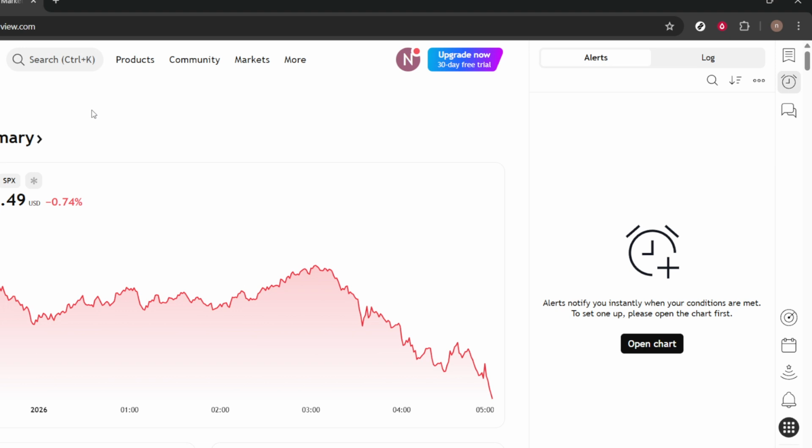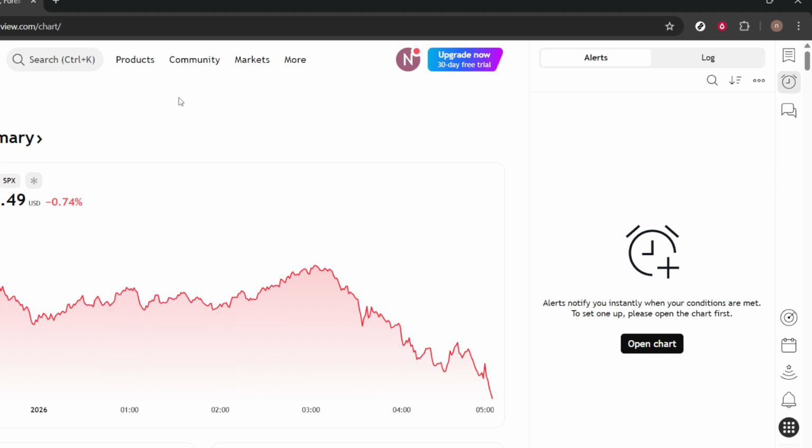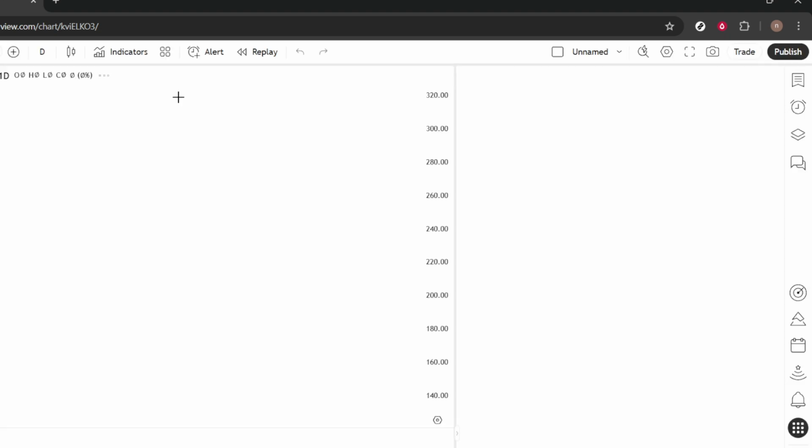Start by opening tradingview.com in your browser. On the home page, look for the top navigation bar and click Products. This expands TradingView's feature list so we can jump straight into the charting workspace where the broker connections live. Next, choose Supercharts. This opens the full featured chart window. Supercharts is where you'll do most of your analysis and, importantly for today, where you'll connect to a broker for